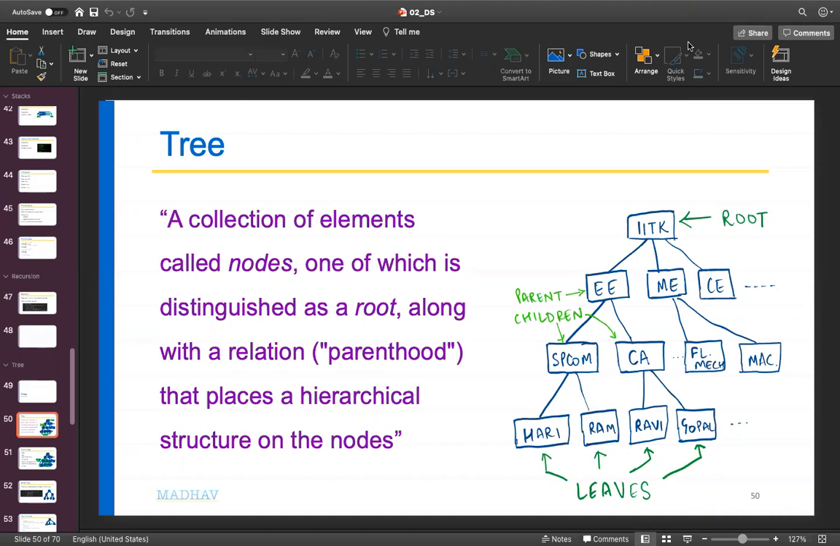So a tree is a collection of elements called nodes, which are